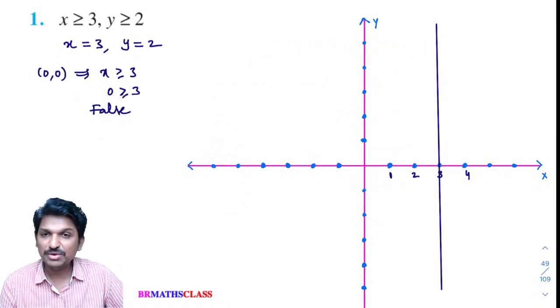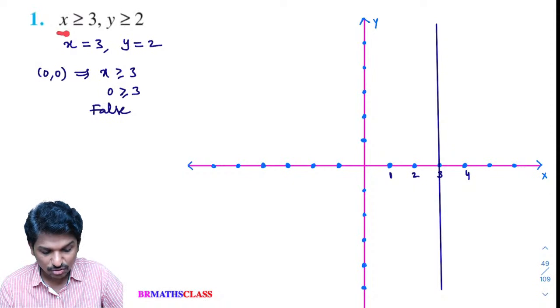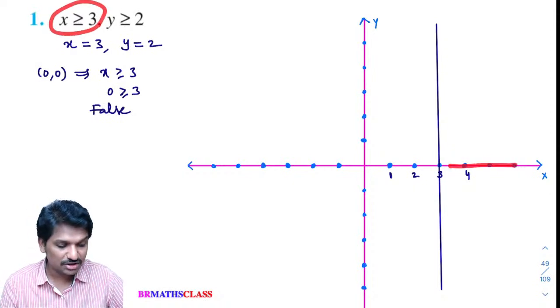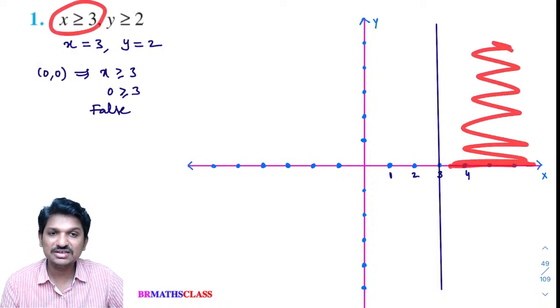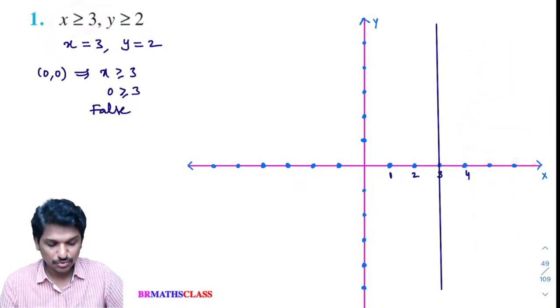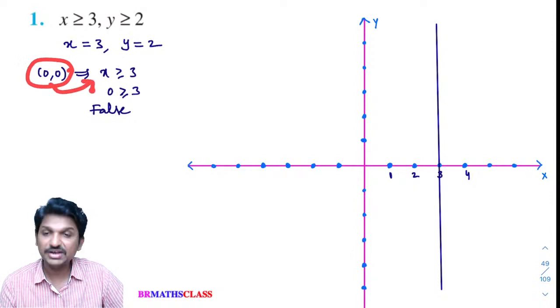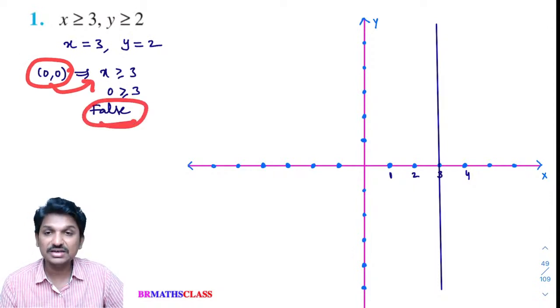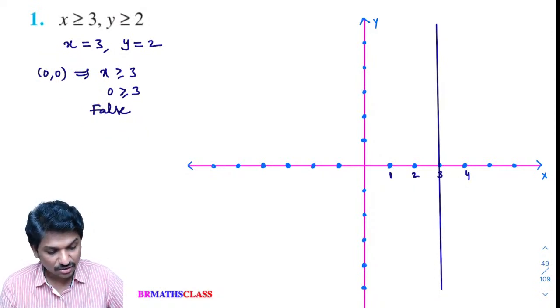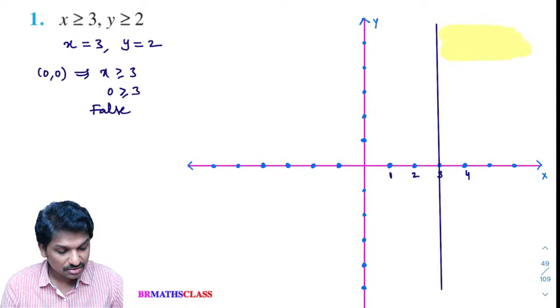Okay, that is one method. Or else, x greater than or equal to 3 means directly you can say the right hand side part of 3, all numbers are greater than 3. So this side we need to shade. Or else you put 0 as in exercise number 6.2. What method did we follow? Put 0, 0 in the given inequalities. As you got false here, you need to shade the non-origin side. Okay, I'll shade the non-origin side part now. I hope you all can see here. This is the solution for the inequality x greater than or equal to 3.